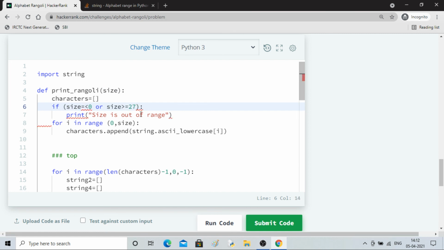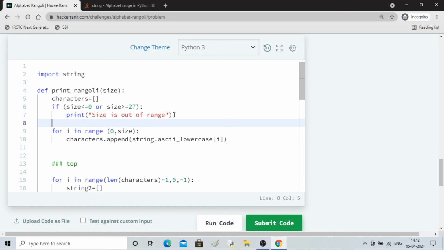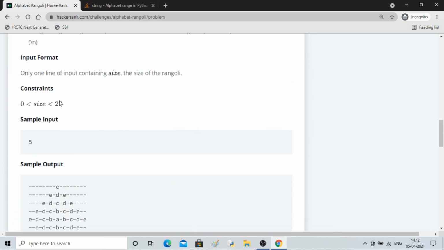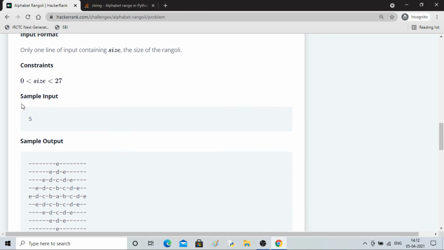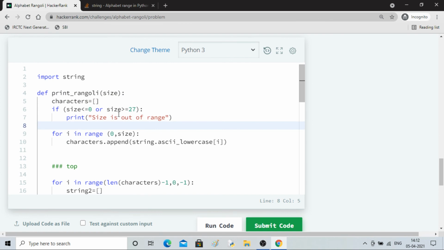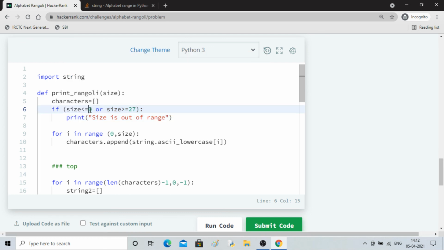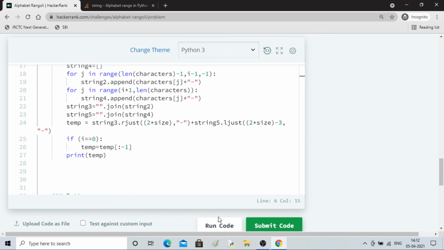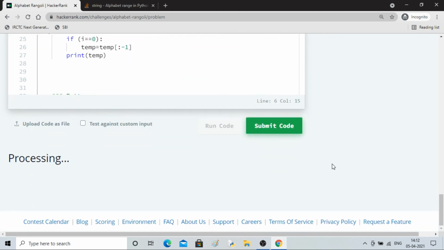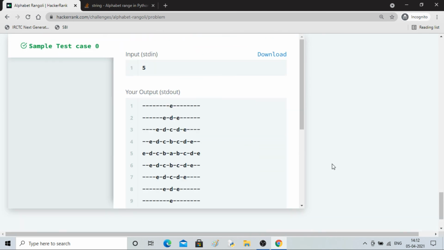Okay, here equal to. So this is my constraint for size, taking care of 0 to 27. It should not be less than or equal to 0, should not be greater than or equal to 27, else it will print size is out of range. Okay, what else? Let's run it now. It will work for 5 only right now because I've removed the input.